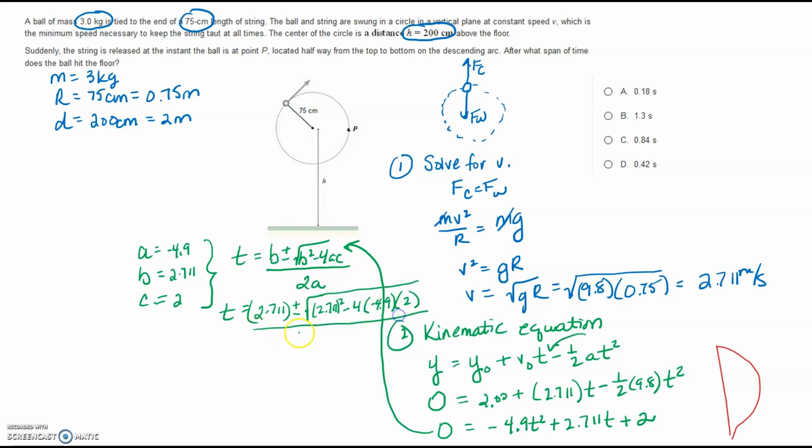And all of this is over 2 times a, which is negative. Now keep in mind, time can't be negative. So that's going to govern whether or not we add or subtract here. So let's continue here. I get